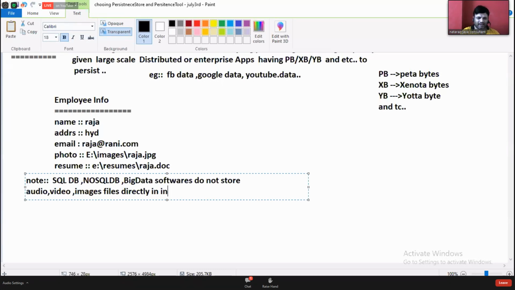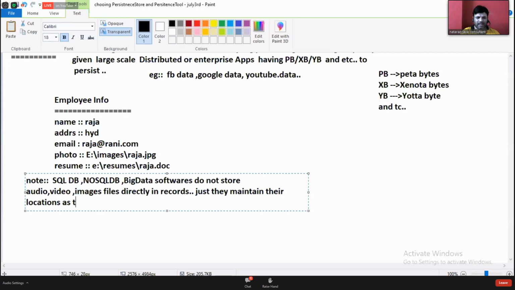They just maintain their locations as text data.